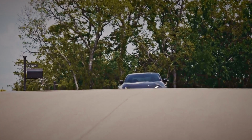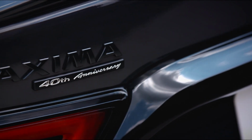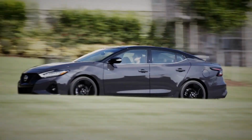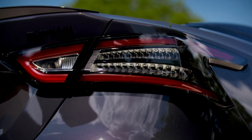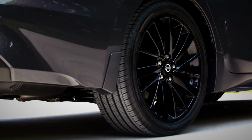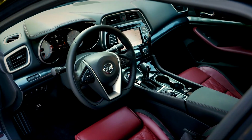Nissan's four-door saloon, the Maxima, will be celebrating 40 years in production next year. To mark the occasion, Nissan has launched a special edition for the North American market. To help it stand out, the Maxima 40th Anniversary Edition gets plenty of unique details. It gets some bespoke pearl paint with a black roof, 19-inch alloy wheels, lots of black exterior trim and a